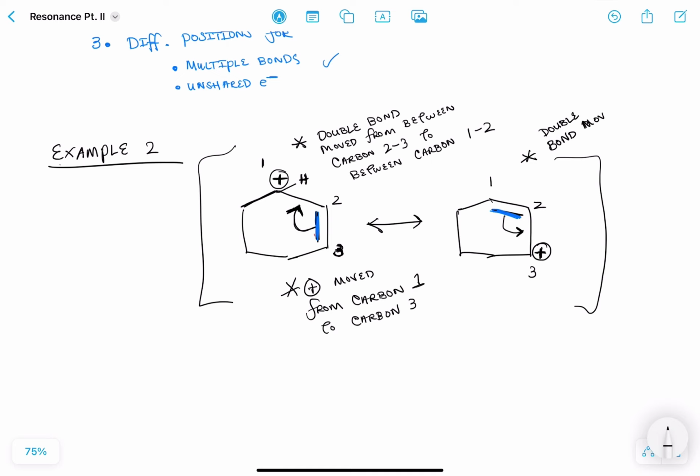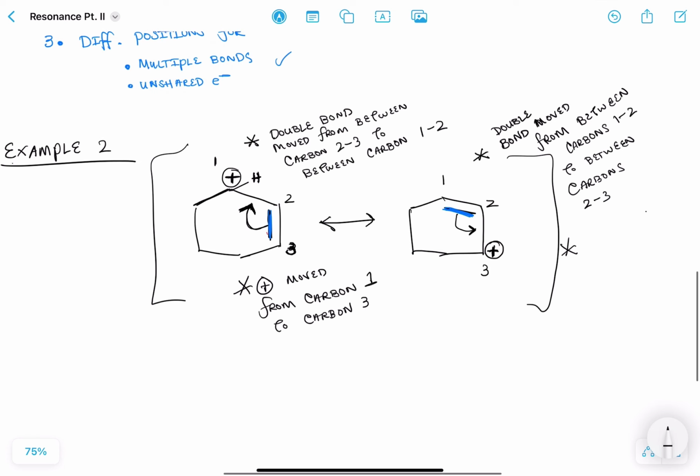moves or moved from carbon between carbons 1 and 2 to between carbons 2 and 3. And the second thing, remember I told you these things happen in pairs to get you used